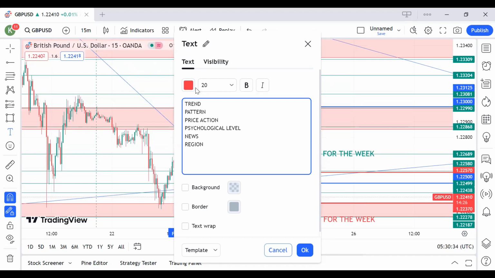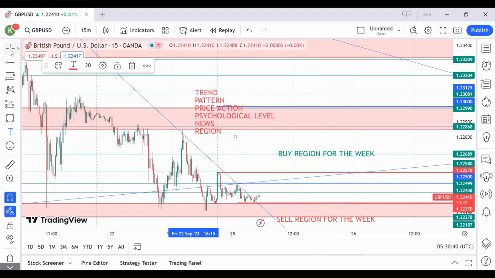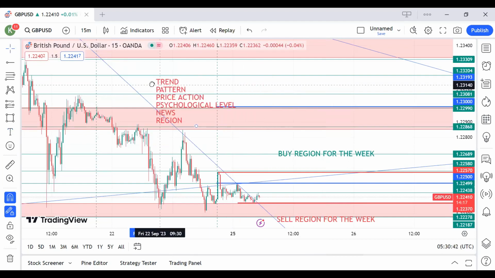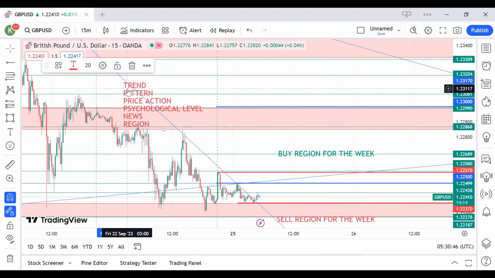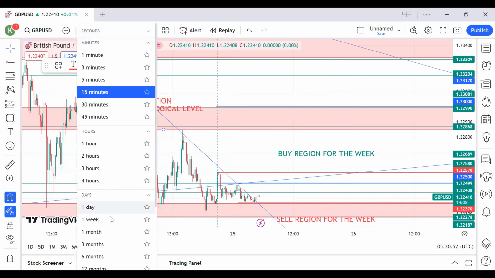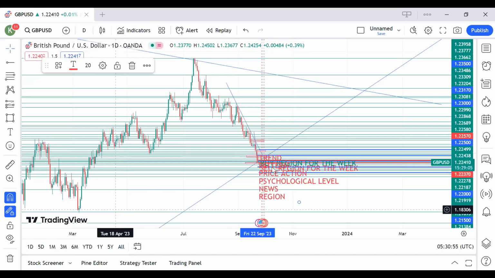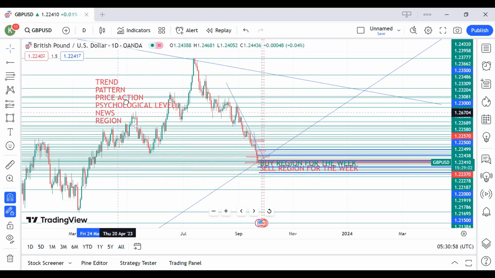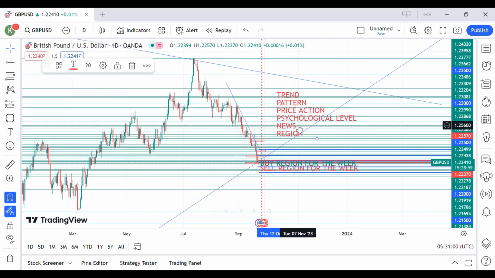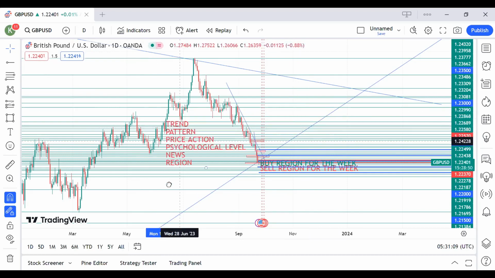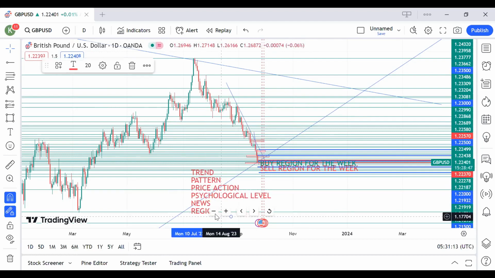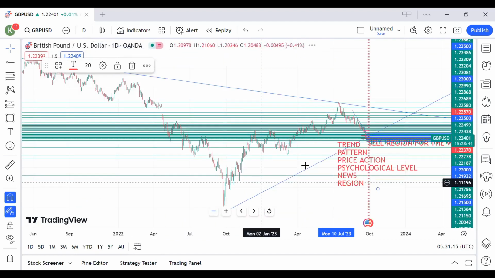In this case now, I'm going to use these confluences to do a back testing as I close this particular analysis in class. Let me show you how I'll be using these factors with this analysis to make my entries. Let me go straight to the one day, which is the 24 hours time frame, since that's the only one I can use for back testing for now. Of course, you cannot do back testing on TradingView until you have paid the subscription fee. So in absence of any subscription, I'm going to use the 24 hours time frame to do back testing,